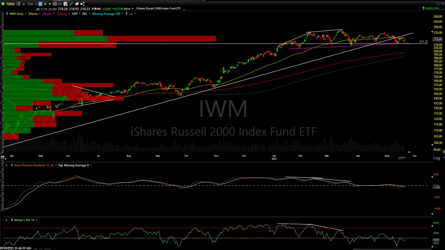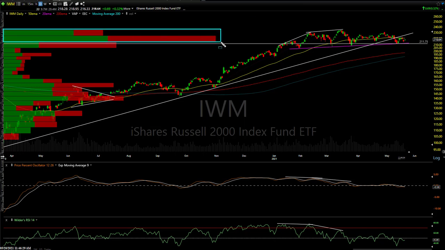And so what this volume at price histogram tells you is how much volume, or the number of trades, were made at a certain price. So this tells you right here, this is a big level. When you go back in time, since the beginning of the year, this was January, we broke above that level, and the vast majority of trades over the past year, over a year now, have been at that level. So that's a big level.